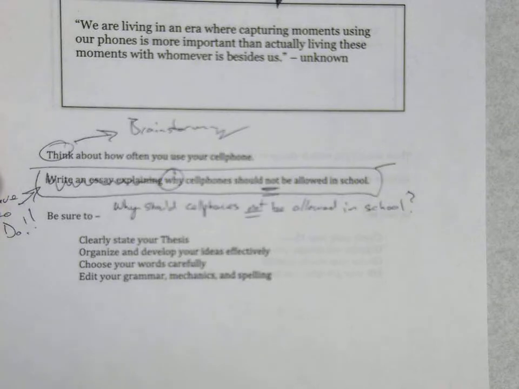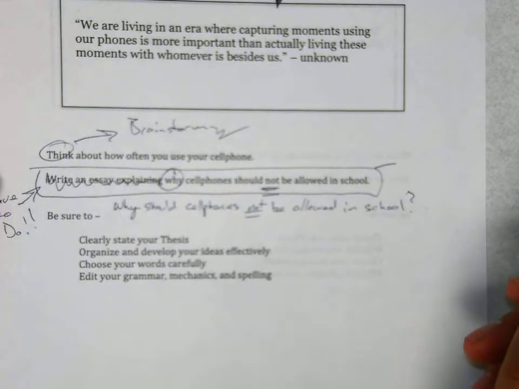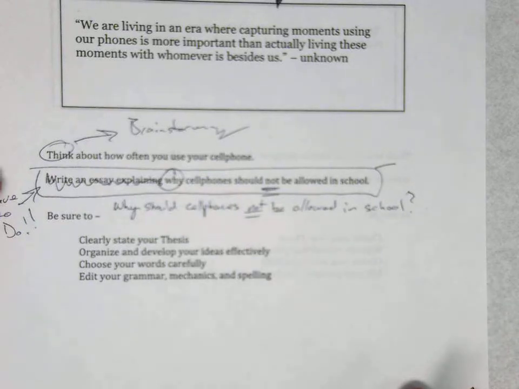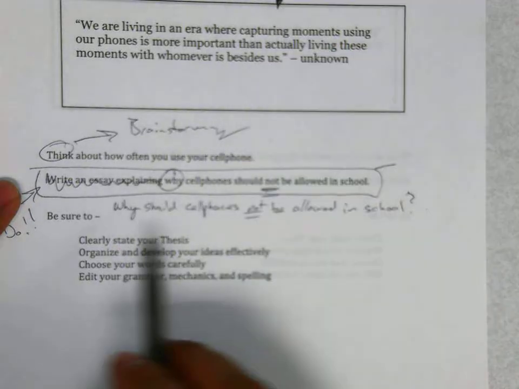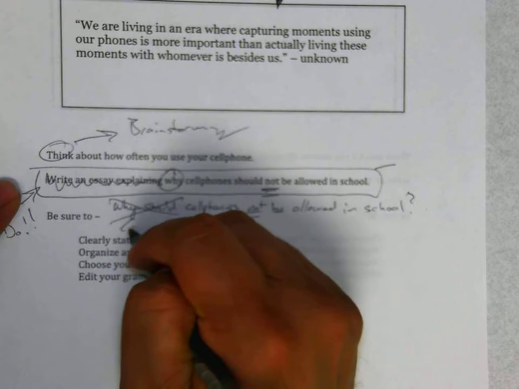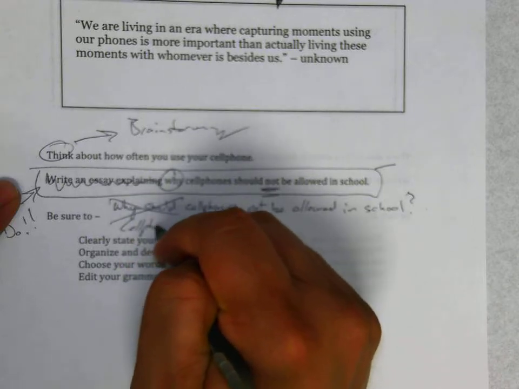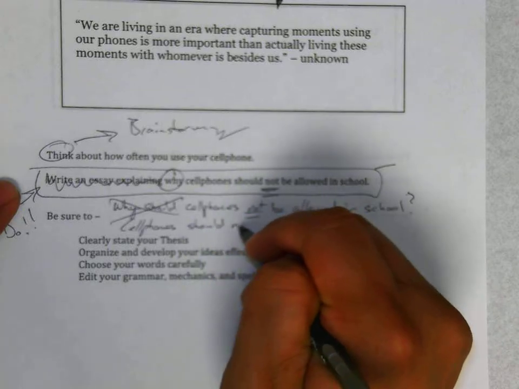So the next thing I want to do is I want to answer this question in a complete sentence. We all remember answering things in a complete sentence. A teacher said, hey, what is your favorite color? You would say, my favorite color is blue, or whatever your favorite color is, right? So we're just going to basically answer this, right? Why should cell phones not be allowed in school? Cell phones should not